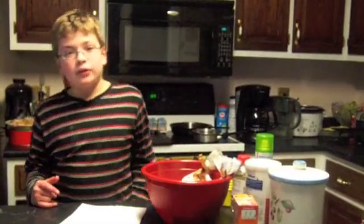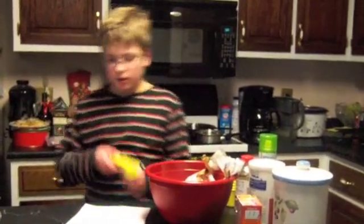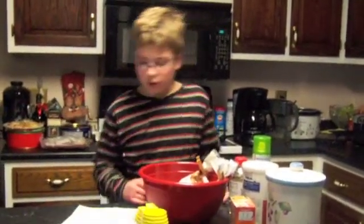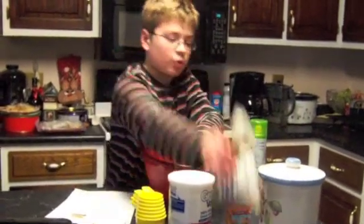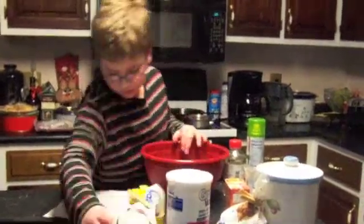Today we're going to make Anzac biscuits. Anzac biscuits were originally made for the World War I Australian soldiers called Anzac. To make the biscuits, all you'll simply need is a set of spoons, a set of cups, 1 cup of regular oats, 1 cup of all-purpose flour, 1 cup of cracked brown sugar, half a cup of shredded sweetened coconut,